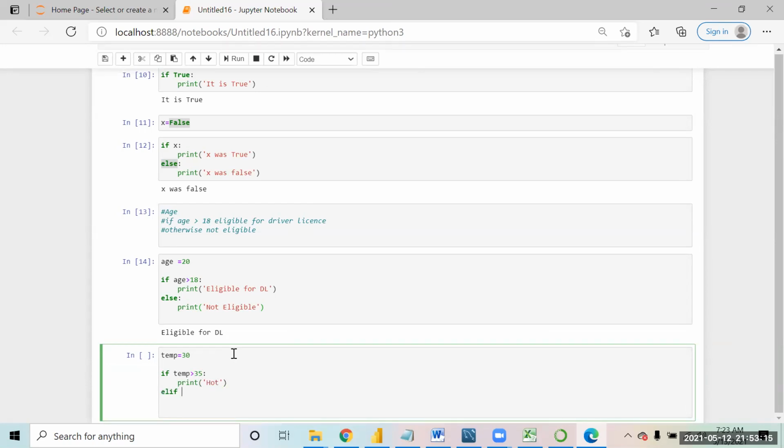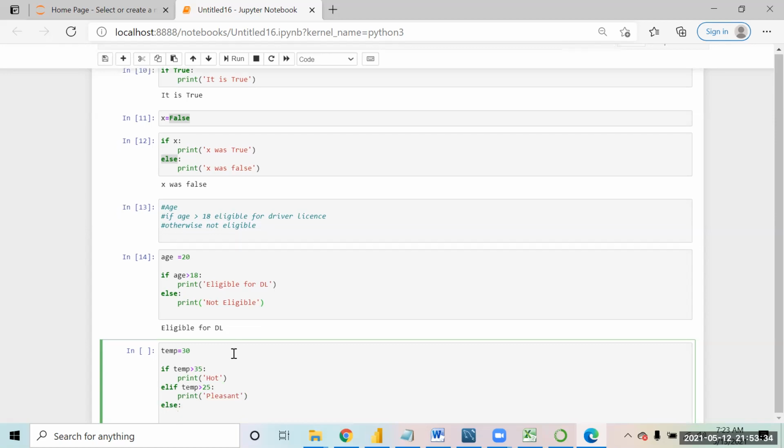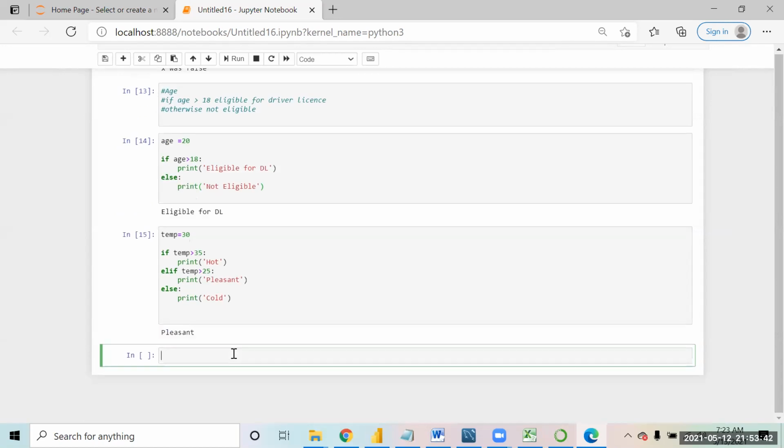Elif temp is more than 25, I want to print moderate or pleasant. Else print cold. Right, so I get the output as pleasant.